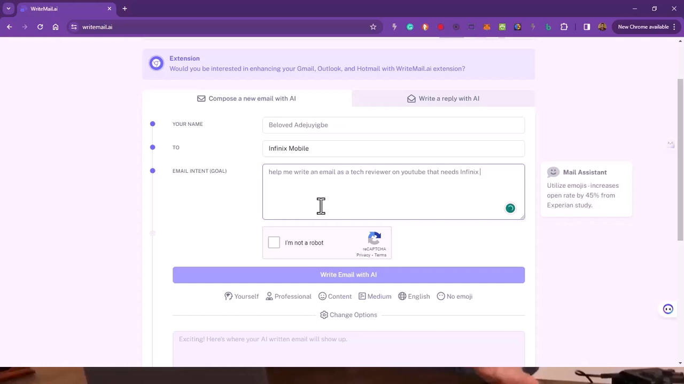I'm going to click I'm not a robot. Of course, I'm not a robot, and I've clicked I'm not a robot, and I'm going to write my first email. So write email with AI. Just click on the button write email with AI, and it's going to write the email for you in a matter of seconds. Right? You can leave it as professional, because this